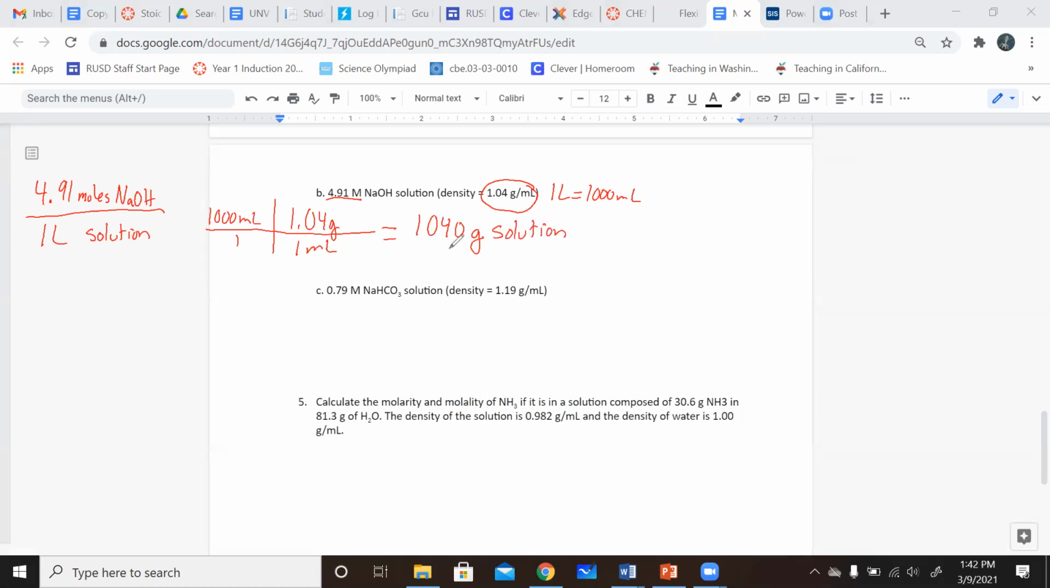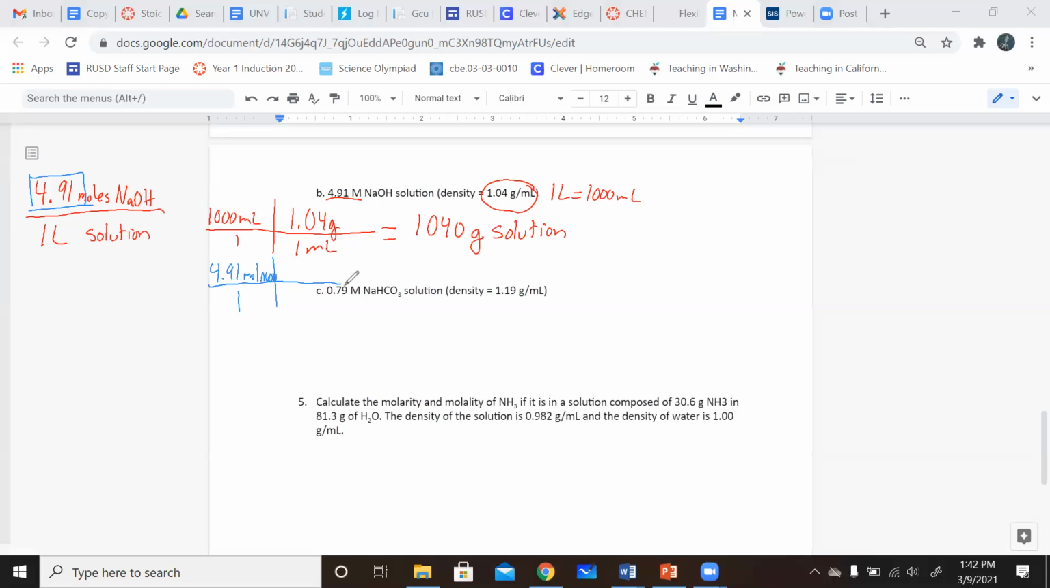So when we do that conversion, we get that there are 1,040 grams of solution present. Next, we have to figure out grams of solvent, and to do that, we have to subtract out how many grams of solute exist in that solution. So we do another T-chart. This time we start with our 4.91 moles of NaOH